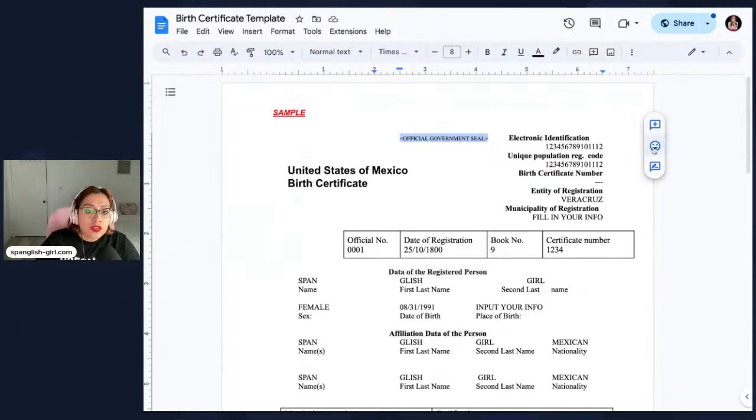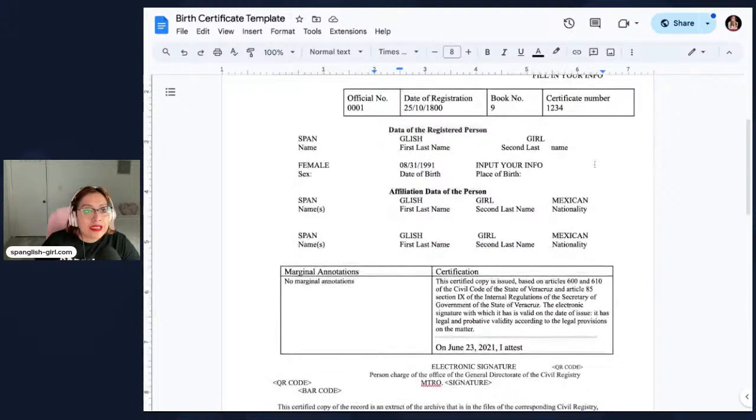The other thing is that if there's, for example, any type of typos, like, por ejemplo, si mi nombre fuera,